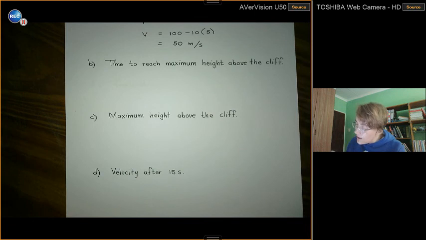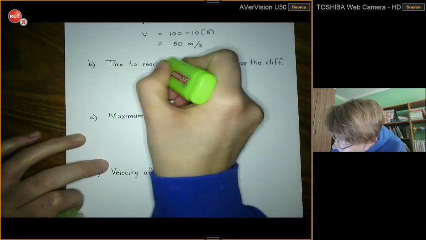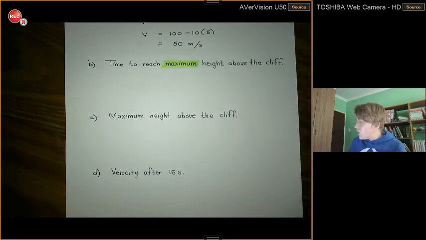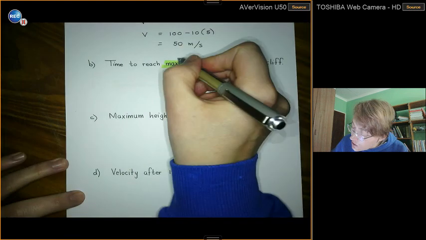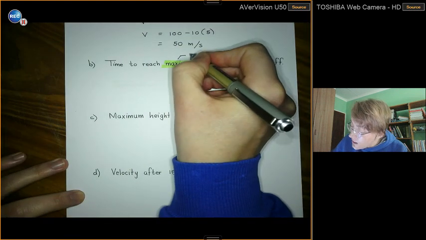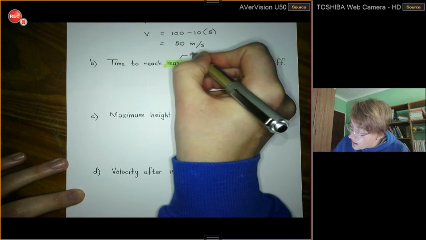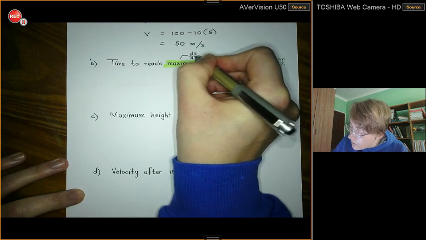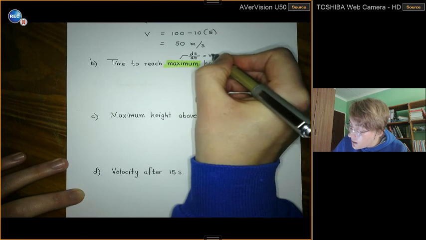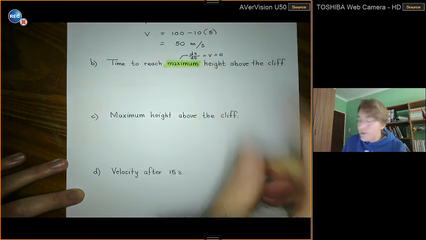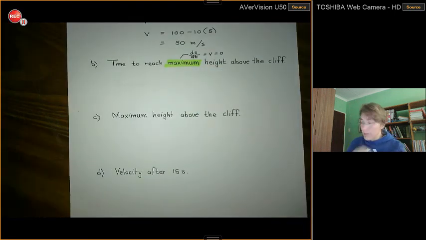So again, we see that word maximum. And the moment we read maximum, we say, okay, maximum is going to be with the first derivative, in this case ds over dt, which we've already said is my velocity, equal to 0. Now, the physical sciences people will understand this hopefully better, but it's not that difficult an idea. You are firing this cannonball out of the cannon, and initially it starts traveling at 100 meters per second, and as it goes up,